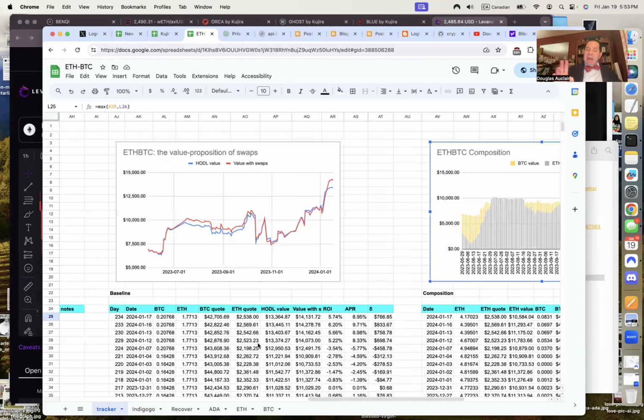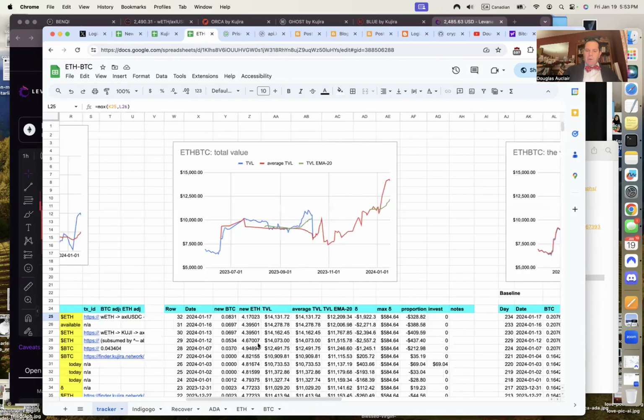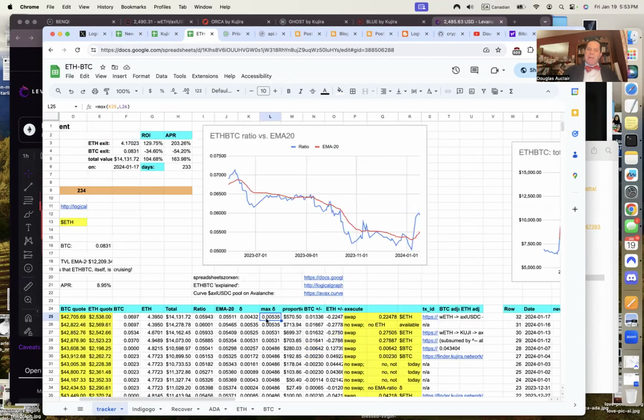Okay, 5% maximum, I said. So how I compute the actual amount is, okay, 5% maximum. $570 is 5% maximum. Now I say, okay, the delta today is 0.004. The maximum delta is 0.005. So I'm pretty close to the maximum. So I'm actually going to trade almost the maximum amount of trade that I'm allowed today, because the ratio between